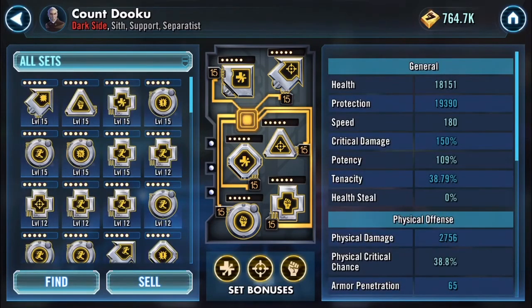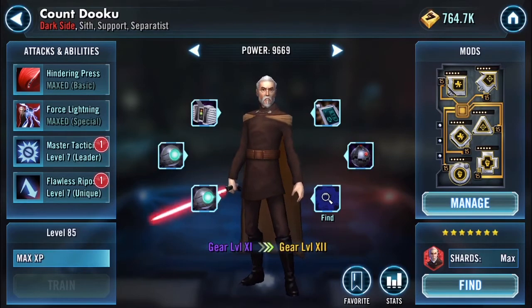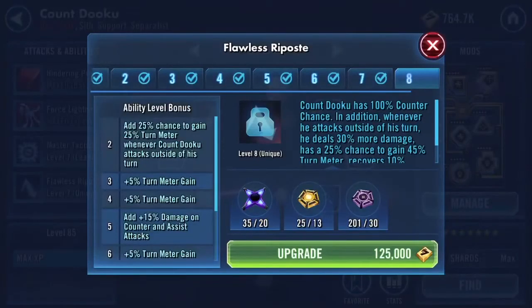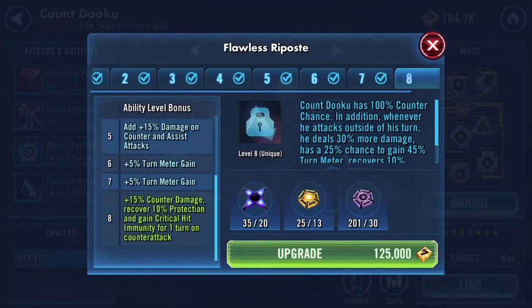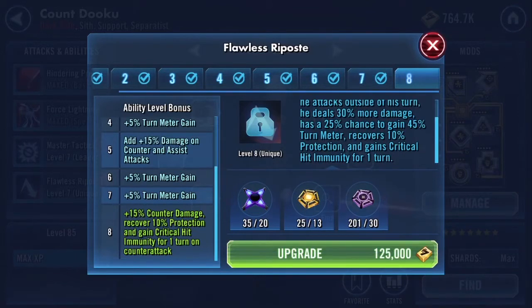Another question people have asked me is, is Dooku Zeta'd? And no, he's not. The Dooku Zeta is cool and all. With that, you get the protection restoration. I believe that's on a counter. And you get a little bit more damage and critical hit immunity. But under a Nihilus lead, you've got that health steal that happens every time he's countering anyway. And as I understand it, you're not going to get any kind of additional health steal benefit,